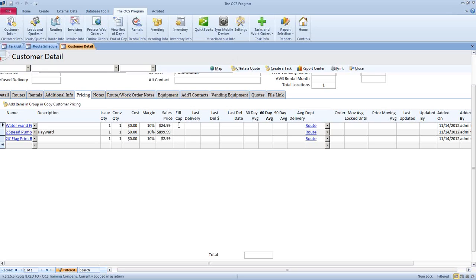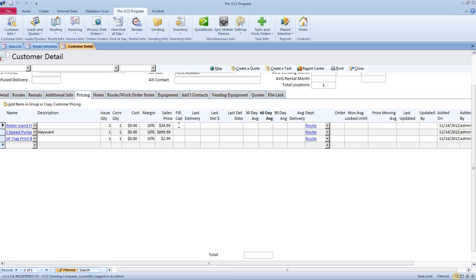One thing is when we get into auto-generating the ticket here shortly, you're going to see if I don't have a fill cap set, when I auto-generate my tickets, these items are going to be on the invoice with a 0 quantity. I would say the majority of the users on the software do it just that way, as they populate these invoices with 0 quantities, and then the driver adjusts the quantities on the invoice based on what that customer